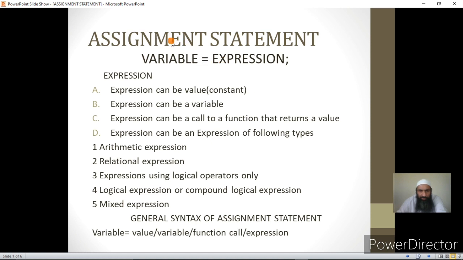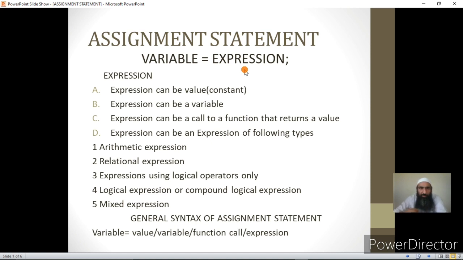That is why it is called an assignment statement, since a single equal to is the assignment operator. At the end of the statement there should be a terminator. This is the most important statement so far as calculations are concerned.